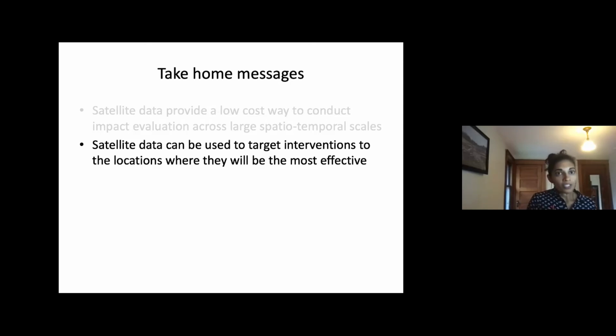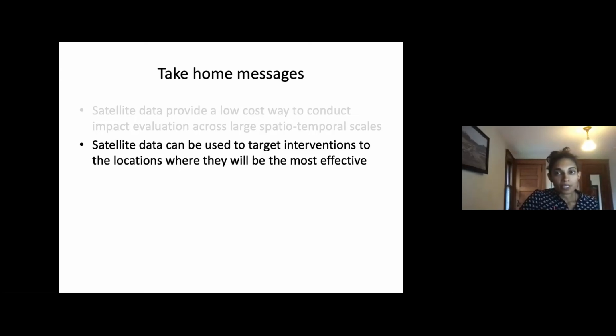In this current project, we just showed this using simulations, but we're planning to do a randomized controlled trial experiment in the real world this coming winter, where we will use satellite data to identify those low yielding farmers and give them the technology, and then compare that to a similar group of farmers, but where we give the intervention out at random. We want to see whether the increased yield gains are actually seen in the real world and not just through these simulations. All right.